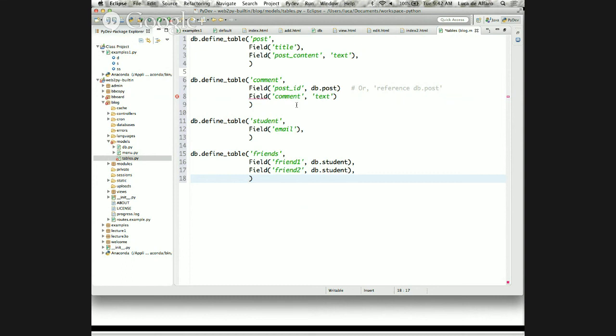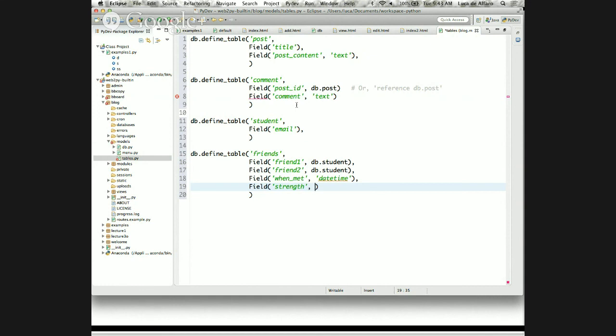But you decide. And the beauty of it is that you can also add other information now to their friendship. For example, you can say field when met, and you can say that this is a datetime, okay? And so on. You could add other information about their friendship. For example, you can say field strength, okay?